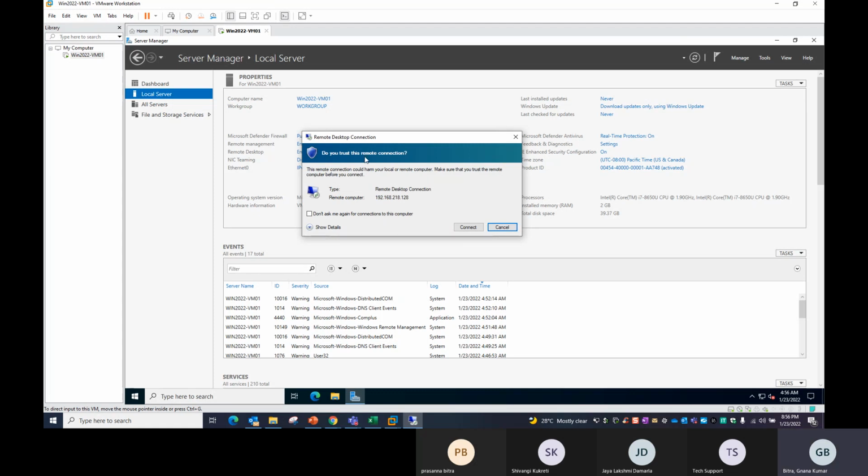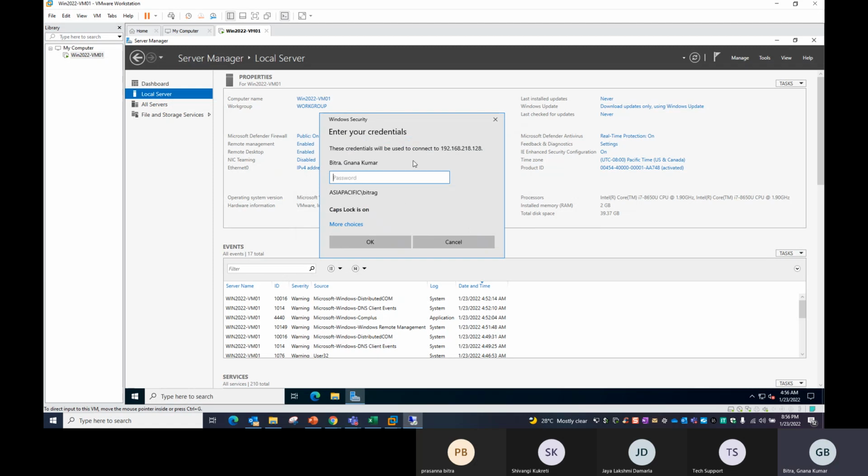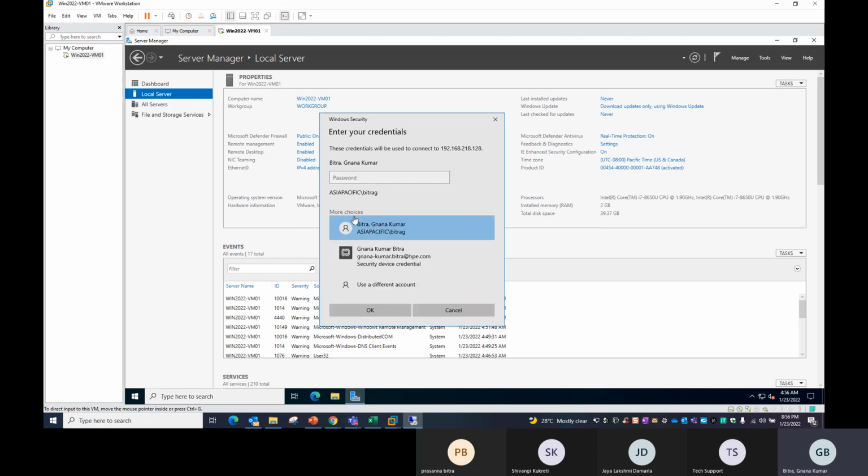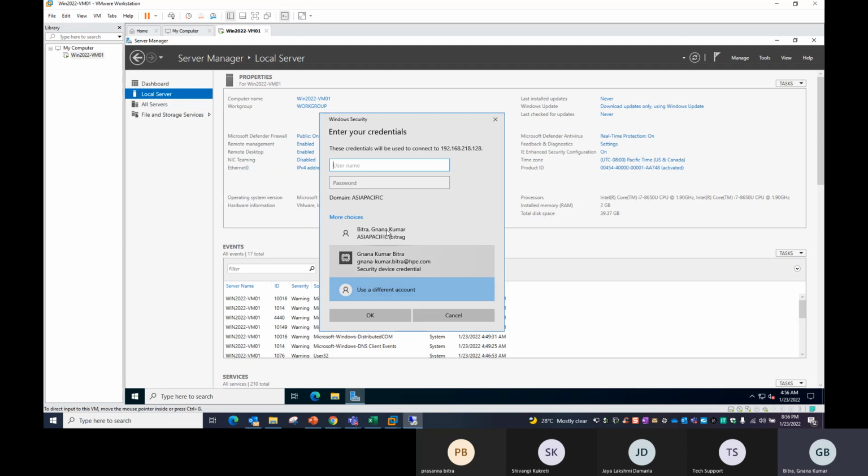See, do you trust this remote connection? Yes, connect. See, now it is showing the pop-up. We are able to log into the server or not. We can use a login ID and password, or you can choose more choices. Here in the more choices, you can choose a different account. Here I can give my actual ID and password. So my ID and password is